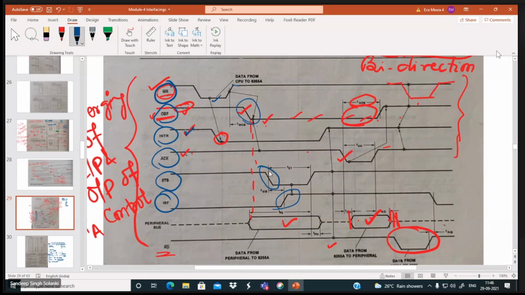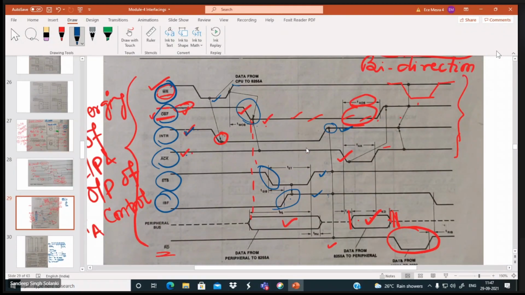So here with this strobe also you get this IBF. Once this IBF is high, strobe is high, then what do you expect? You expect once again the interrupt. See here, once again the interrupt. And with this interrupt, what you expect? You expect the reading of the data, isn't it? The reading of the data by the other device.